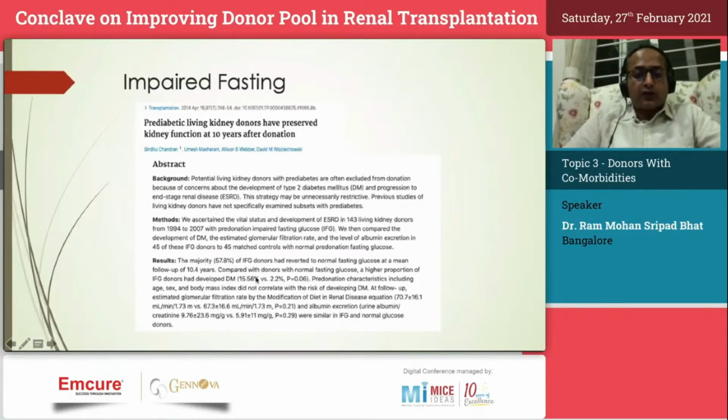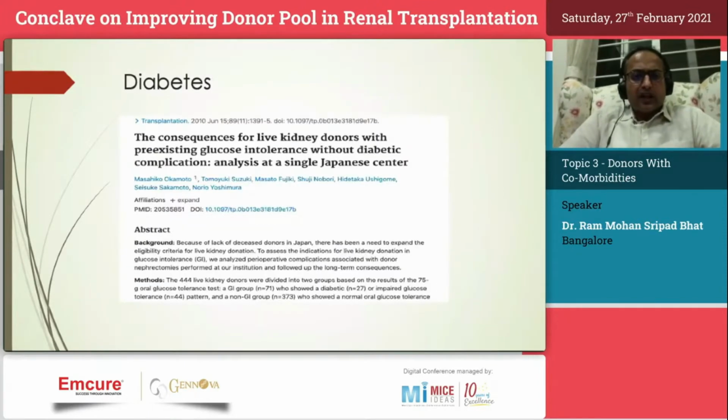15.56% of those with impaired fasting developed diabetes at 10 years, whereas of those who didn't have impaired fasting, only 2.2% developed diabetes over the next 10 years. But the renal outcomes and mortality were the same as people who were not having impaired fasting or not diabetic. Coming to diabetes,